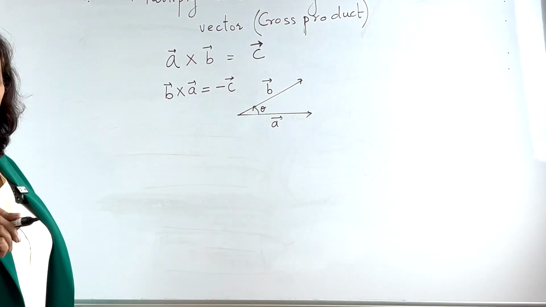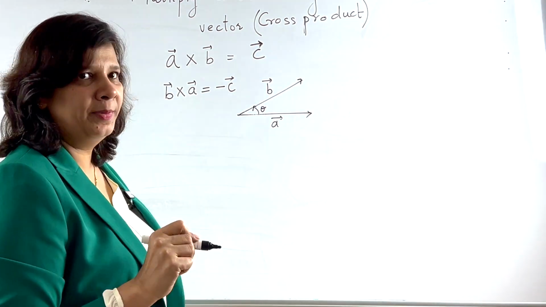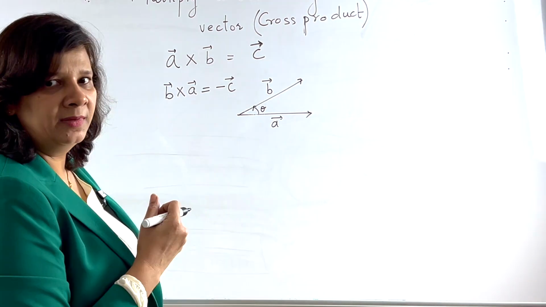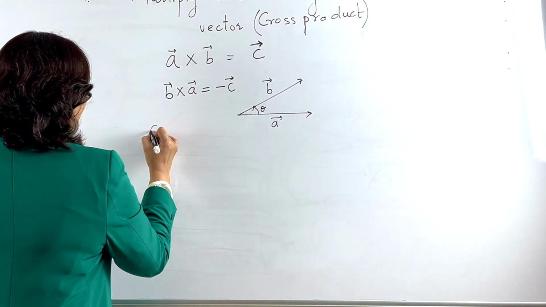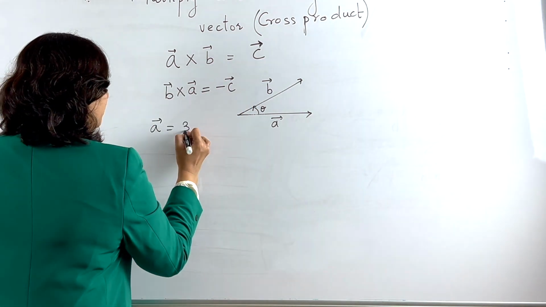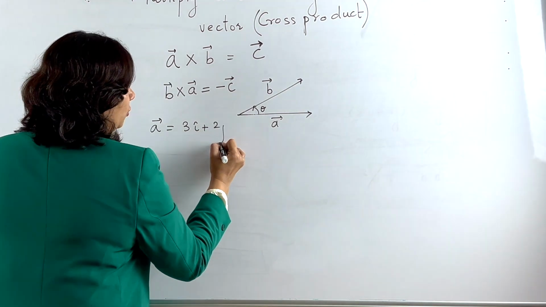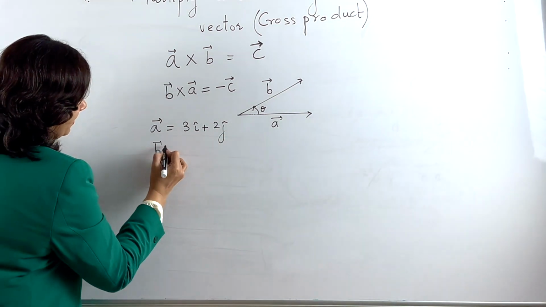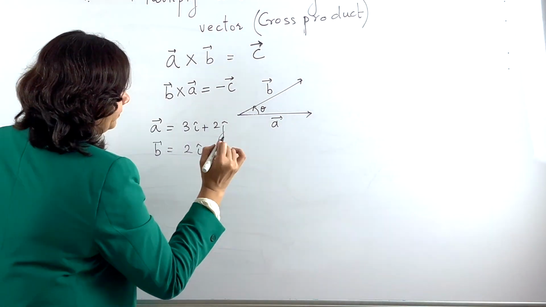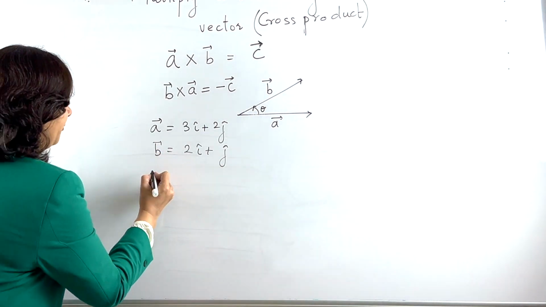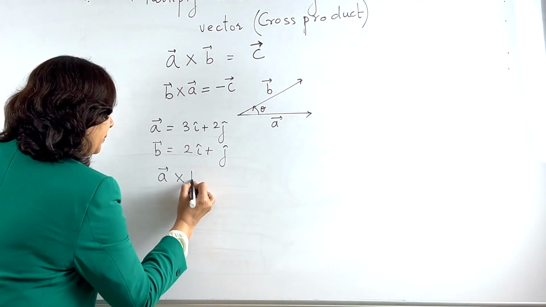Okay. Now let us take an example and try to calculate what we will get. How do we calculate the cross product? Let us take A equal to 3i plus 2j, and B equal to 2i plus j. And if I calculate A cross B,